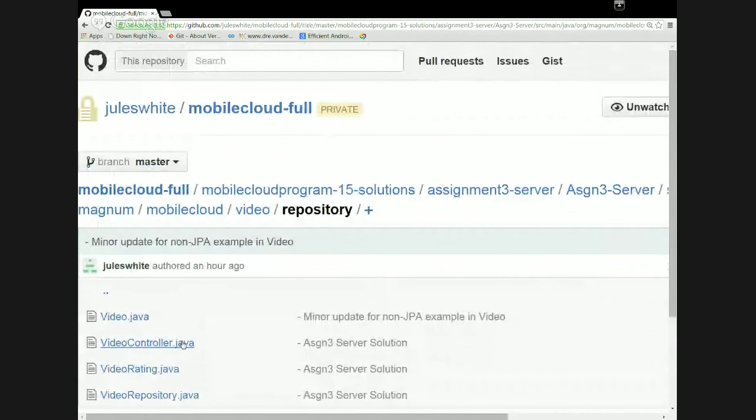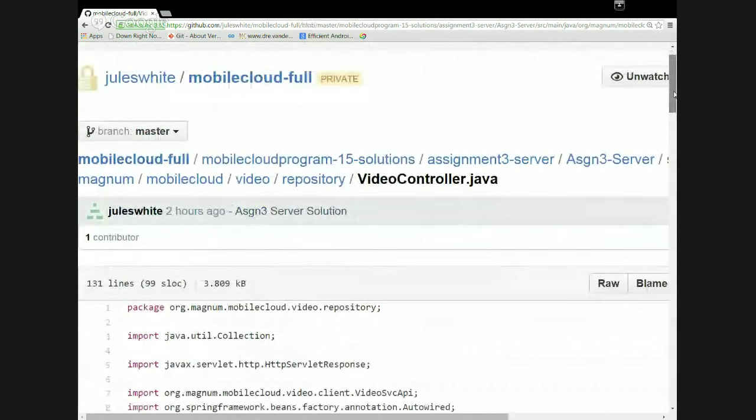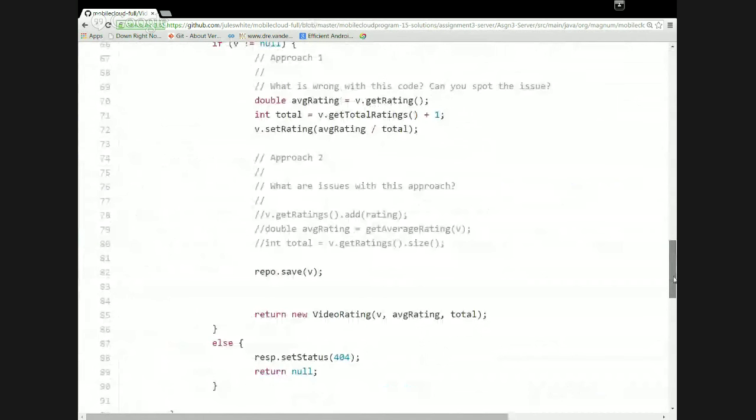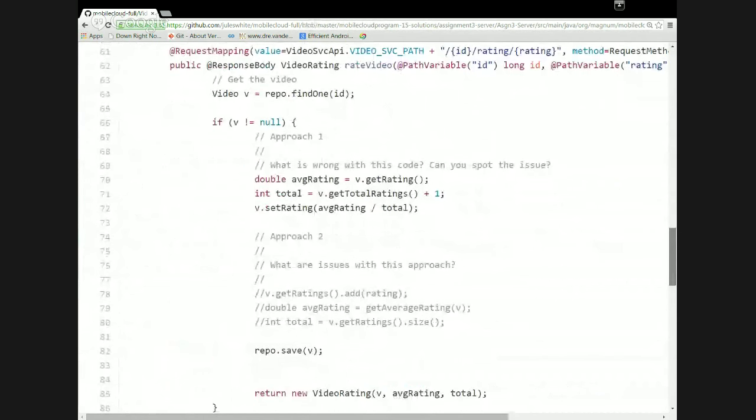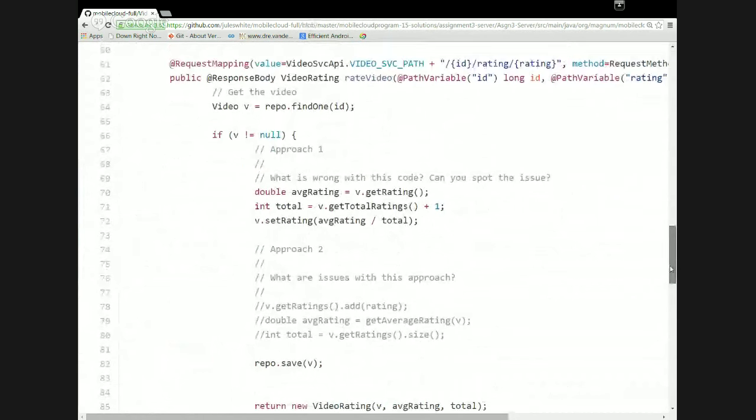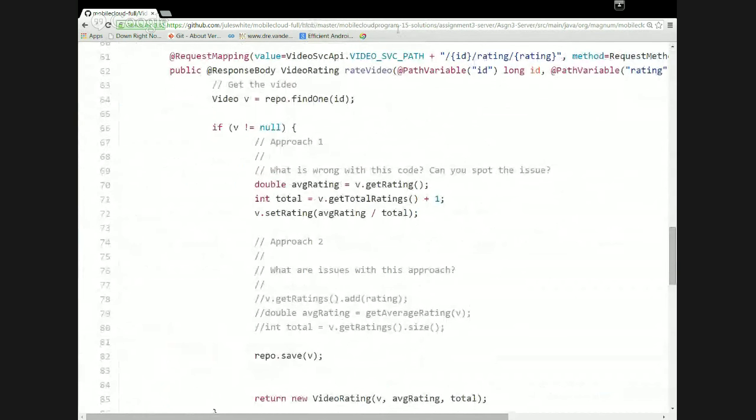Now going back to the controller, we've implemented a whole bunch of different methods here, but we're going to focus on the ones for ratings. So what we've done is we've created a new controller method to accept a rating for a video, so you can post a rating to a particular video's ID to add it to the video. And depending on how you went about implementing this,